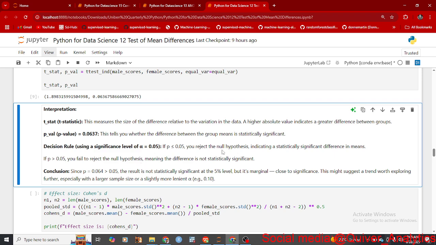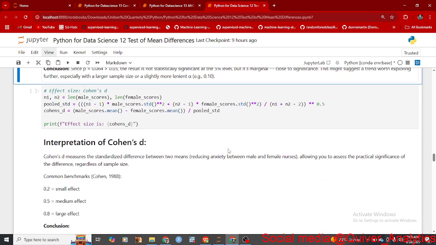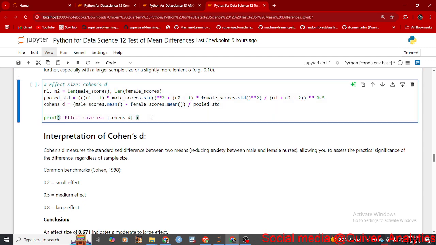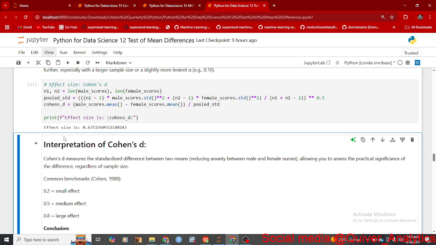All right, so it's not significant, but it is marginal. Now for the effect size, although we've learned that it's not significant, let's see. The effect size has a difference. How is there a difference between male and female? Being of male or female gender, how does it really affect how well you can reduce